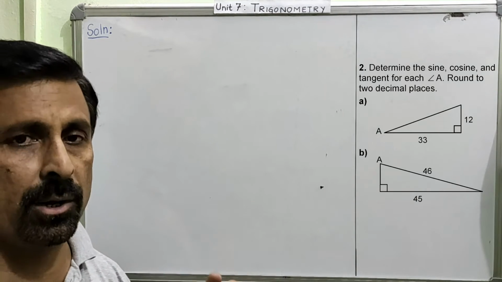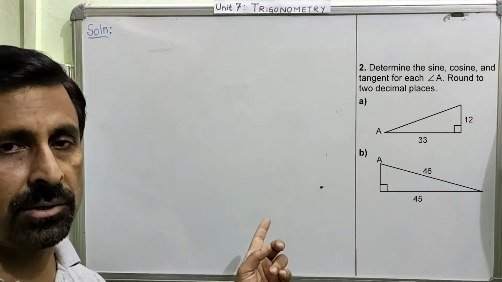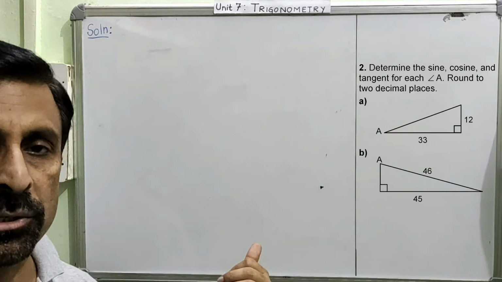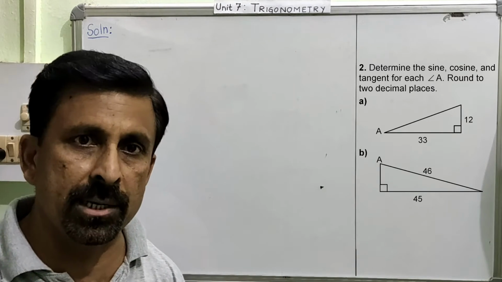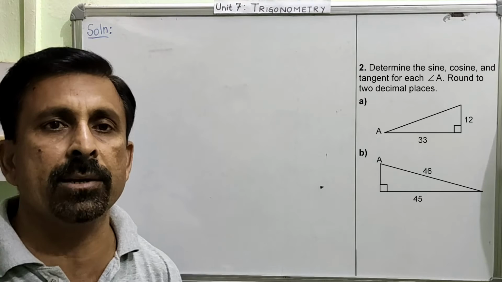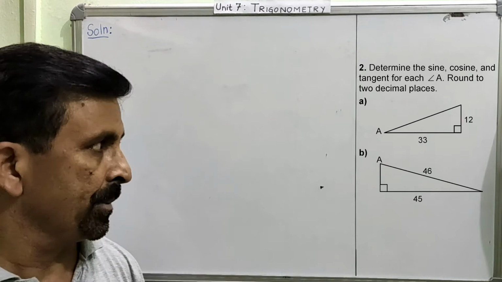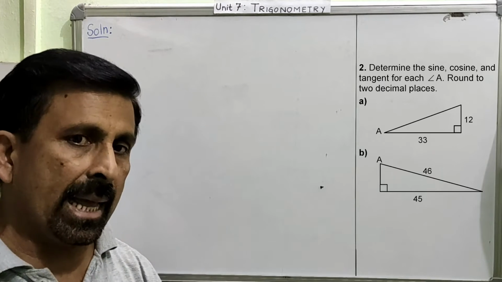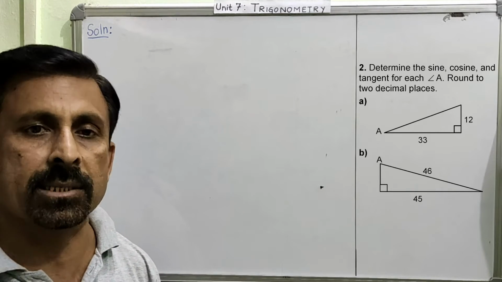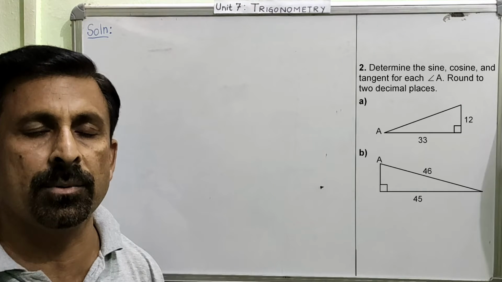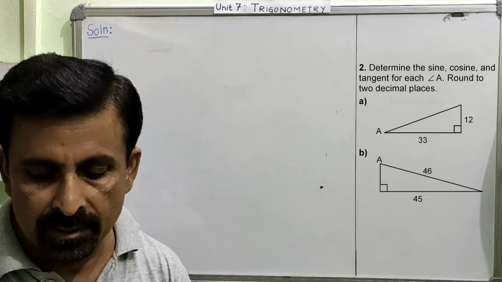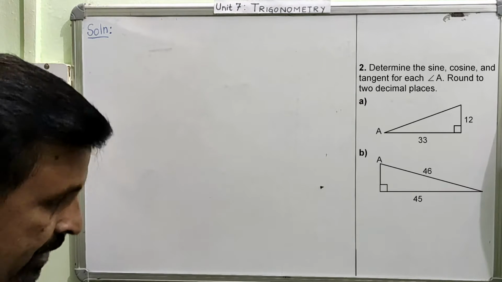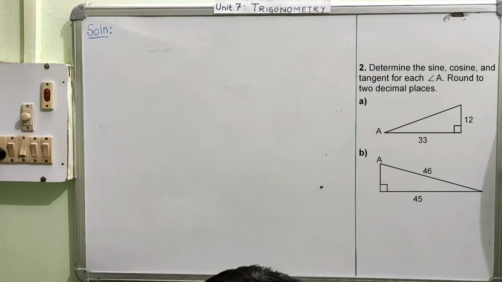In the previous question, you got the answer in whole numbers. One side was 3 units, the other side was 4 units, and the hypotenuse you calculated came as 5 units. So all the information given to you was in whole numbers. Now in this question, it is exactly the same, but only some values you will get in decimal. So for that reason, I thought I will take one question from question number 2 also.